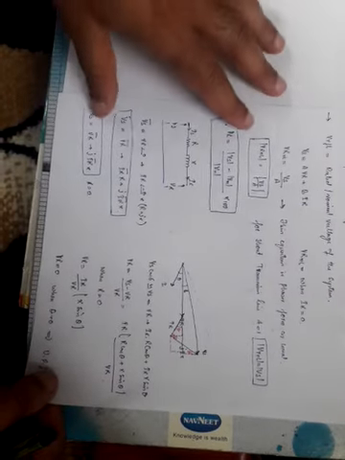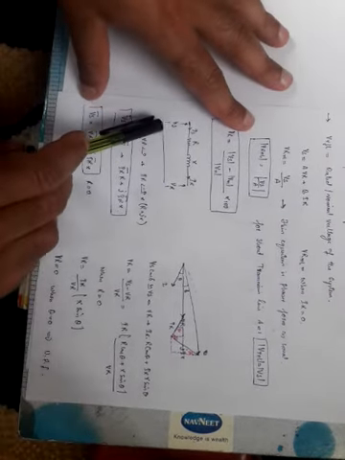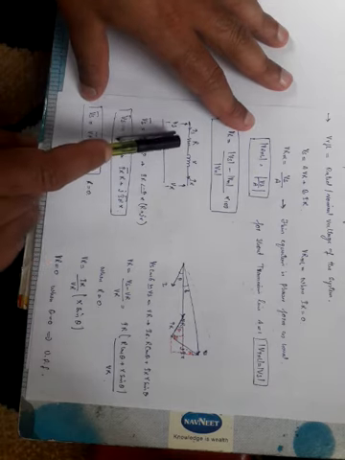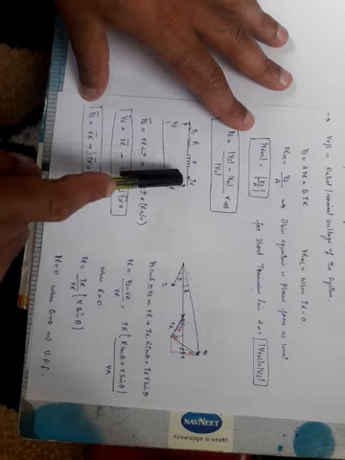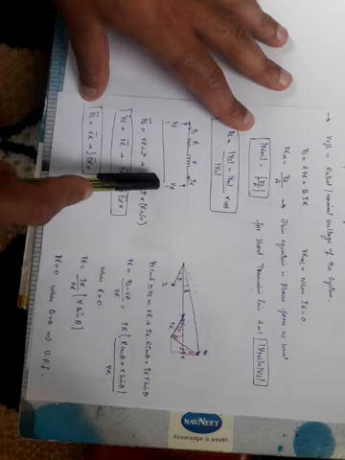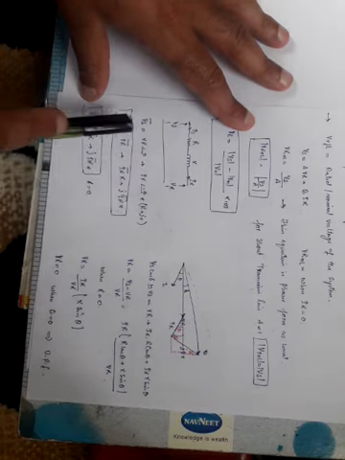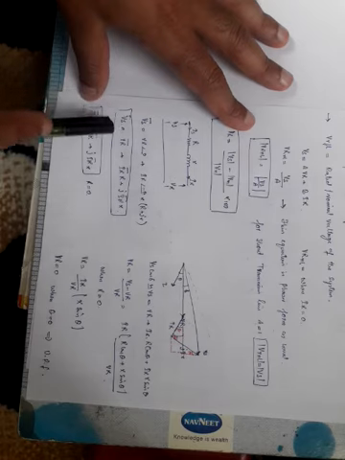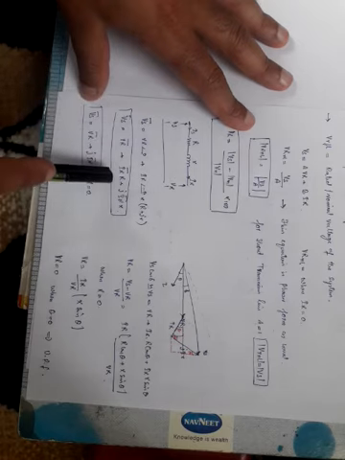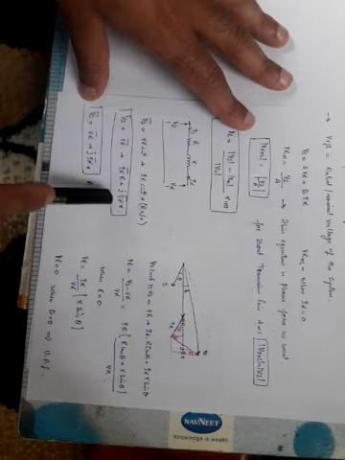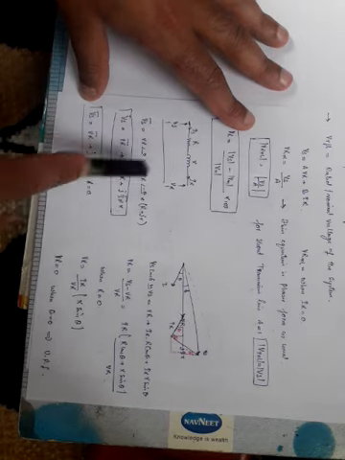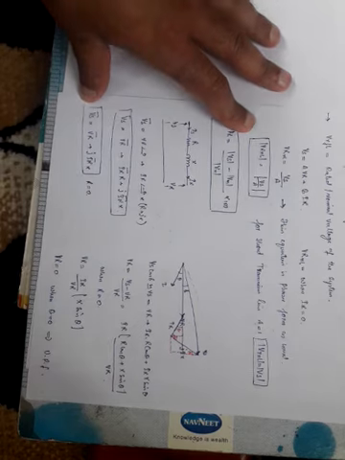Now coming to the short transmission line, it is like this. Vs, this is the resistance of the line, this is the inductance of the line, this is the receiving end current, this is the receiving end voltage, and it is governed by this equation. Vs is equal to Vr plus Ir into R, where Ir is the receiving end current multiplied with this R, plus j Ir into X, where this is the voltage drop across this reactance.